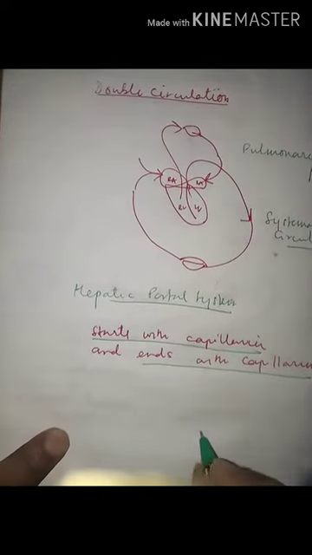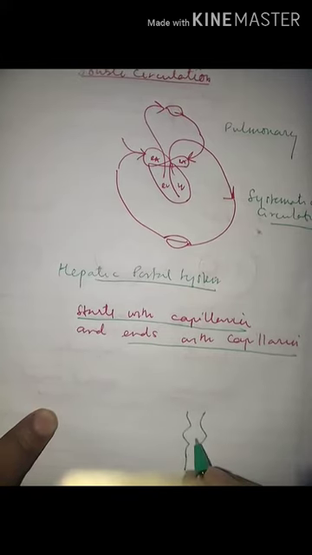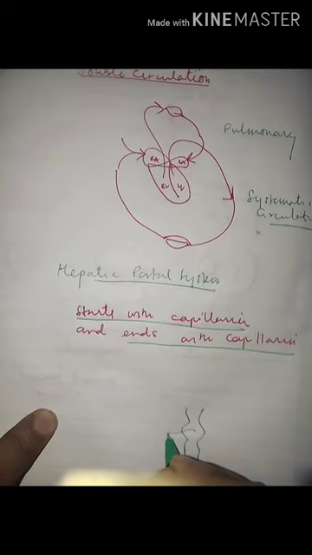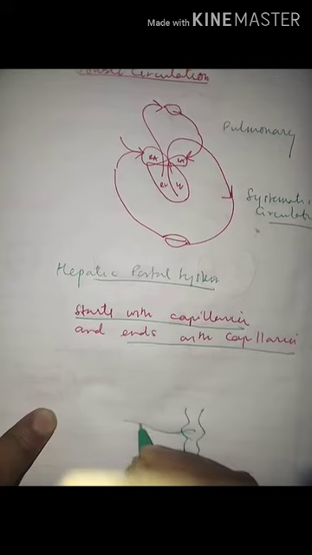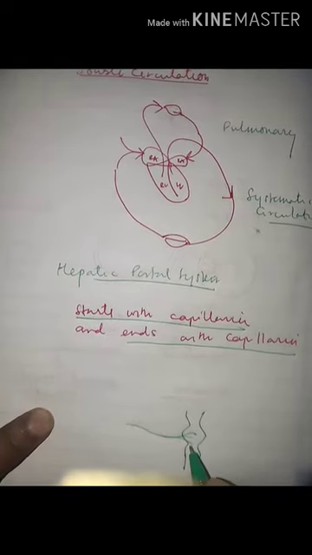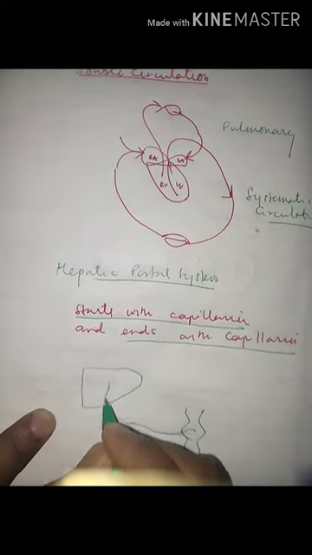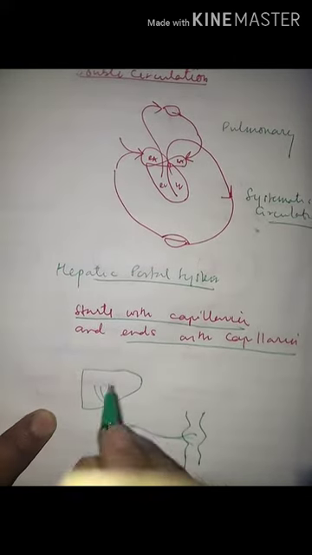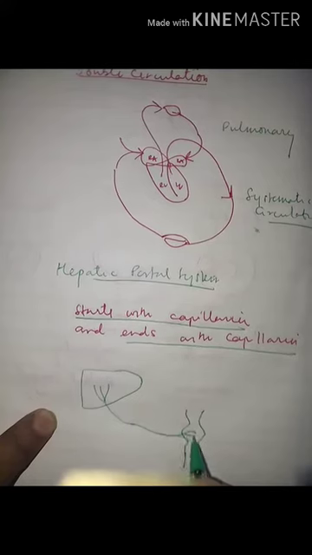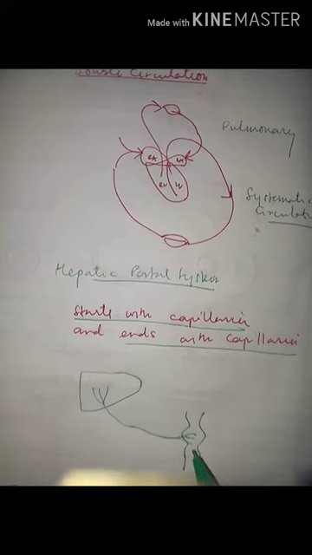See, this is the gut or intestine. From the intestine, capillaries are there. These capillaries are meant for the absorption of carbohydrate and protein. So here excess carbohydrate and protein are conveyed to the liver. So this is the hepatic portal system because this system absorbs excess amounts of carbohydrate and proteins from the intestine